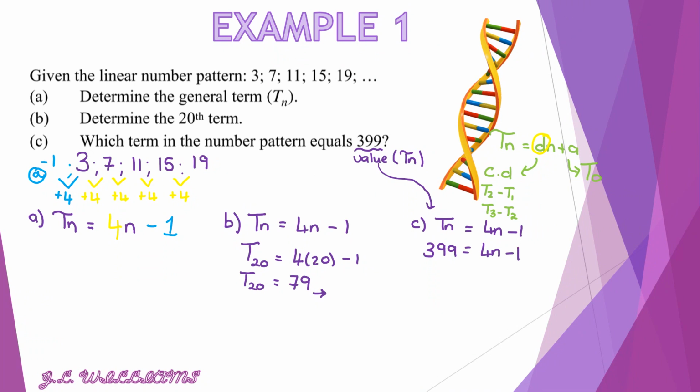Now it's just a matter of simple solving. We add 1 on both sides to end up with 400 equal to 4n. And so therefore, finally, n is equal to 100. That means that the 100th term in the sequence will have the value of 399. Up next, we have